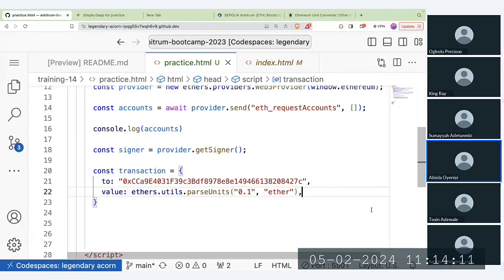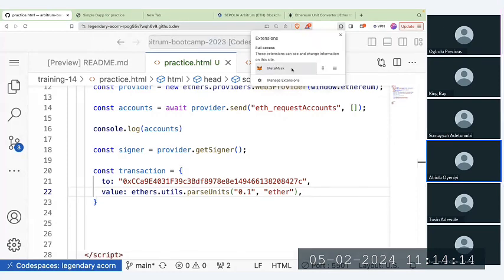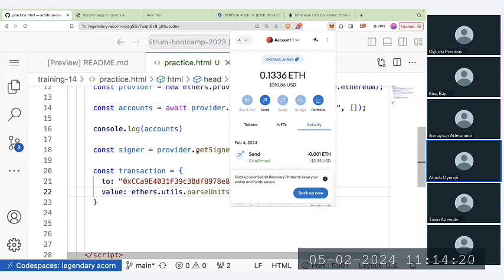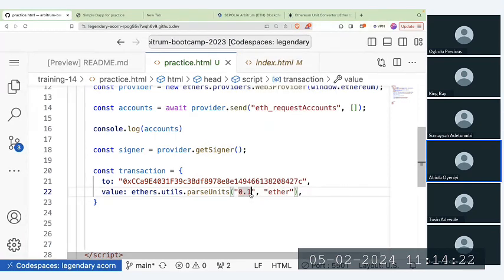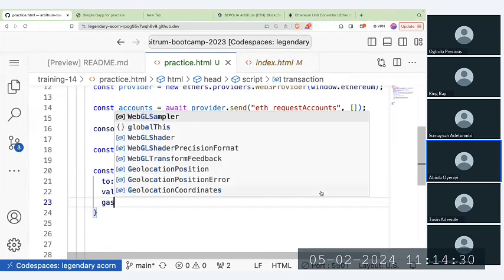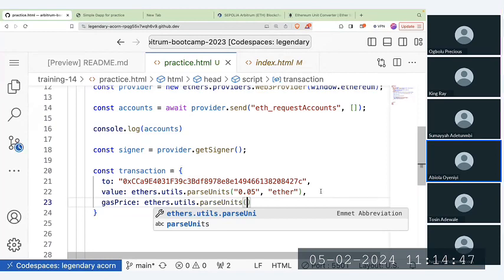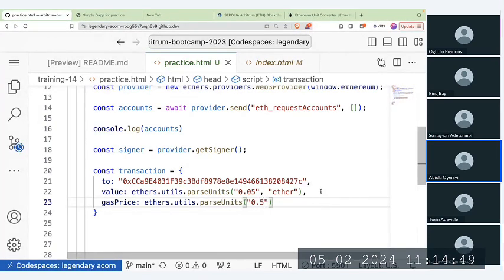Then next thing is, let me check how many ether I have. Okay, I have up to a whole ether, so I can't use 1 ether. So let me just do something like 0.005, which is going to be a small amount of ether. The third argument is the gas price. So how much are you willing to pay for your gas? It is always priced in Gwei. You can say ethers.parseUnit and say 0.5